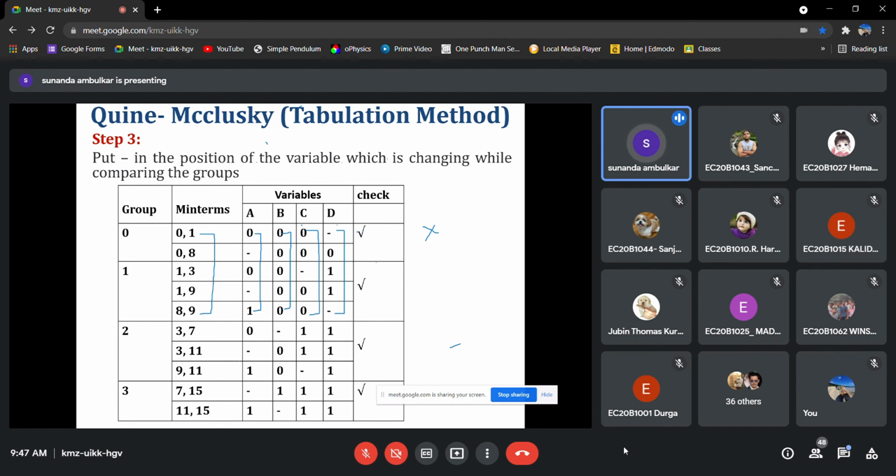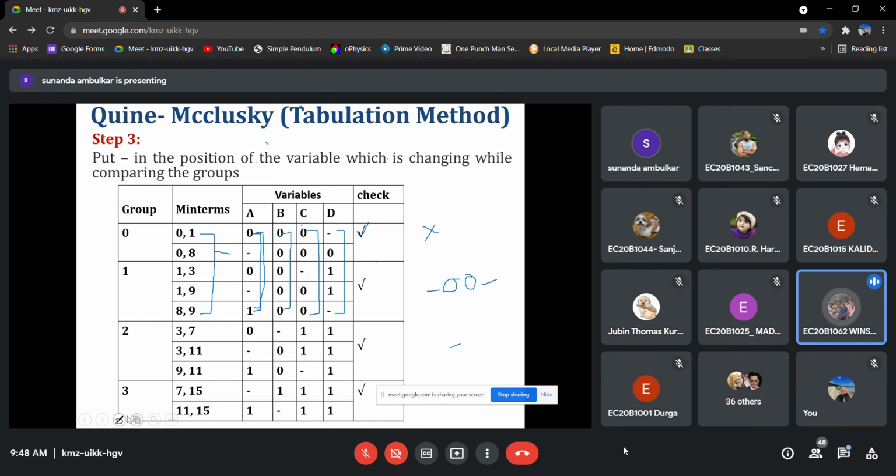So we will put a tick mark, and here variable A is changing. So dash 0 0 dash.